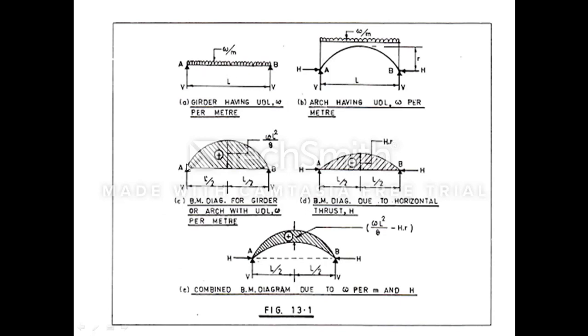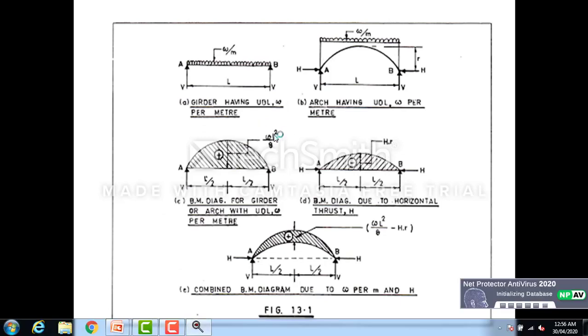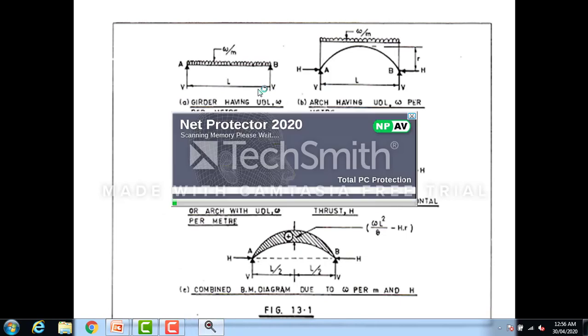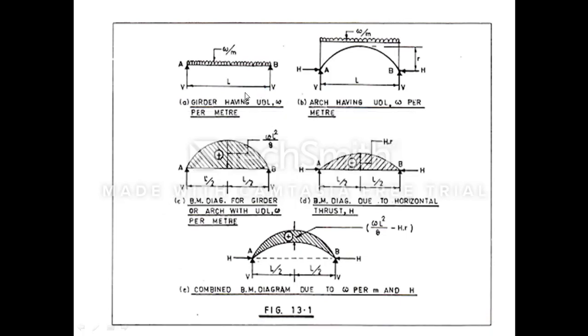For this, the bending moment will be maximum at the center with the value of WL square by 8. To resist this value WL square by 8, which is in the middle, we require a larger cross section in the middle of the beam. Similarly, if you increase the span of the beam, the bending moment will also increase. As you know, L is in the numerator. As the span increases, bending moment also increases.